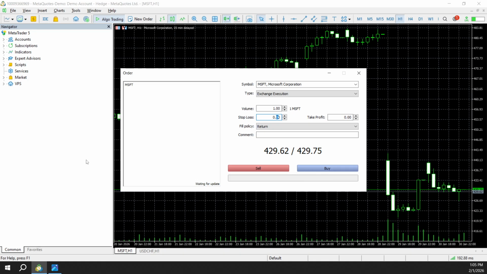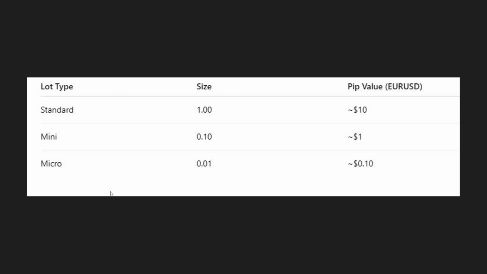Here's a quick example to tie it all together. Suppose your account is 2,000 in your account currency and you want to risk 1%, or 20. Your strategy calls for a 25 pip stop on a major forex pair where one standard lot typically moves about 10 per pip. Your position size is the risk divided by the stop's cash value: 20 divided by 25 times 10,